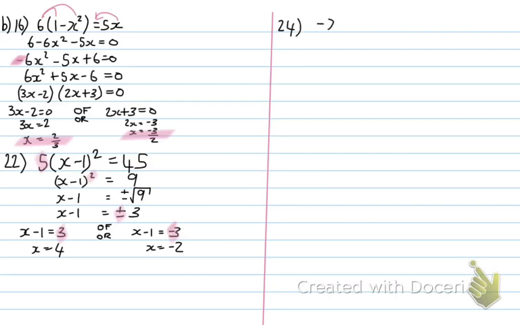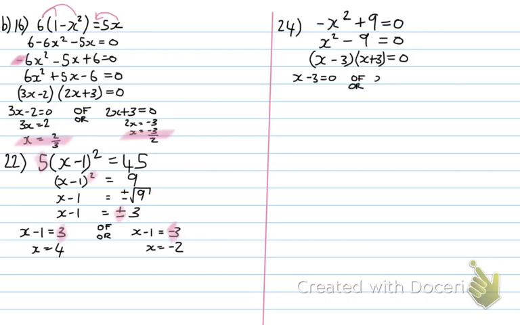Last question. Negative x² + 9 = 0. So first I divide by a negative. It becomes x² - 9 = 0. That's a difference of two squares. So I'm going to factorize it. (x - 3)(x + 3) = 0. So set each of the brackets equal to 0. So x is equal to 3 or